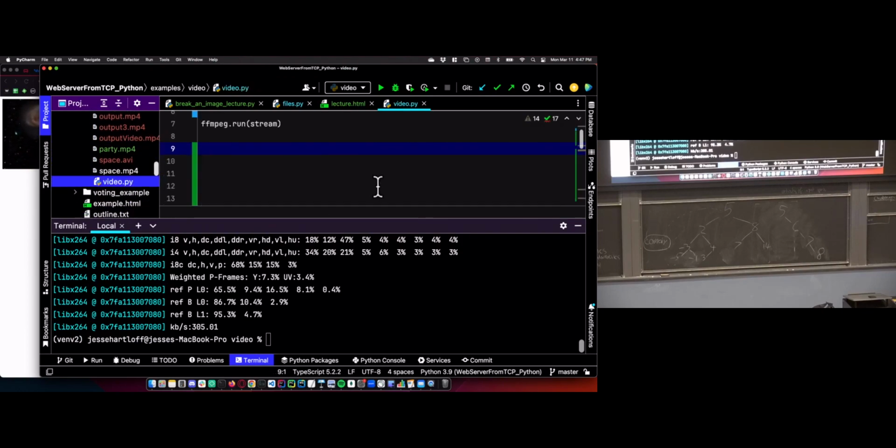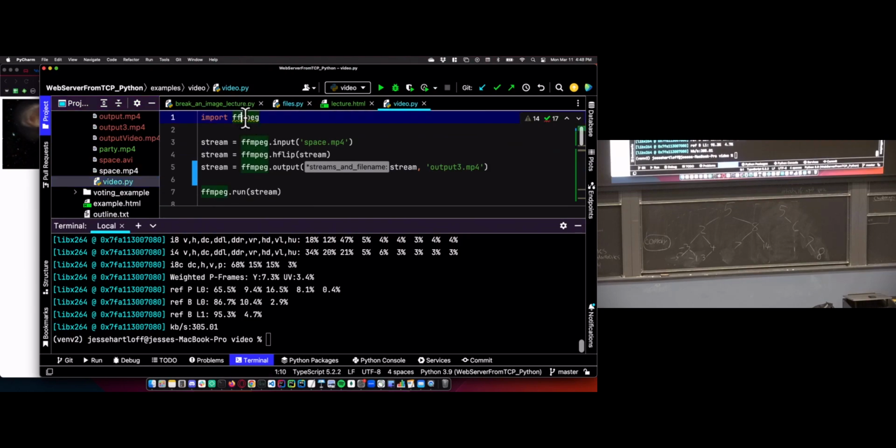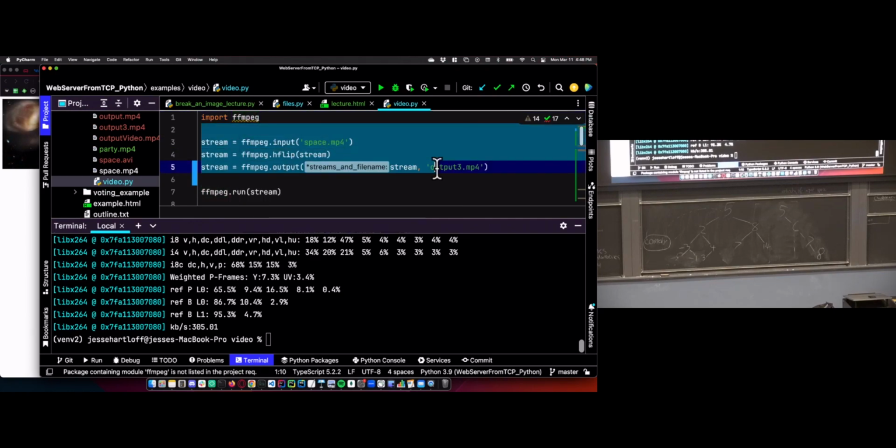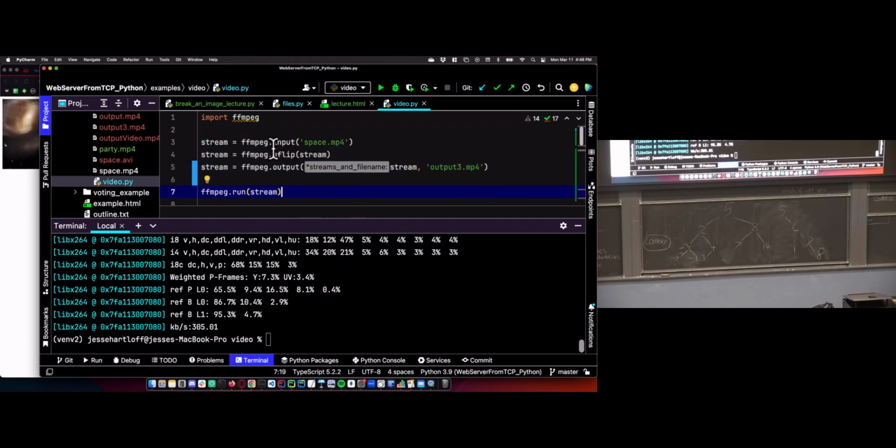For those of you who are going to want to use a library, there is ffmpeg: put ffmpeg in your requirements.txt, import ffmpeg, and then you can start doing this. This code takes a while to run, so I don't have time to do it here, but it'll horizontally flip the video, and it gave me an output3.mp4, which is the same video, but horizontally flipped. So just a proof of concept that you can do neat things with